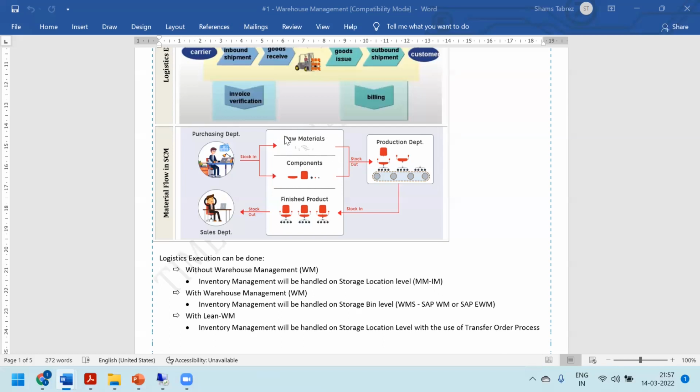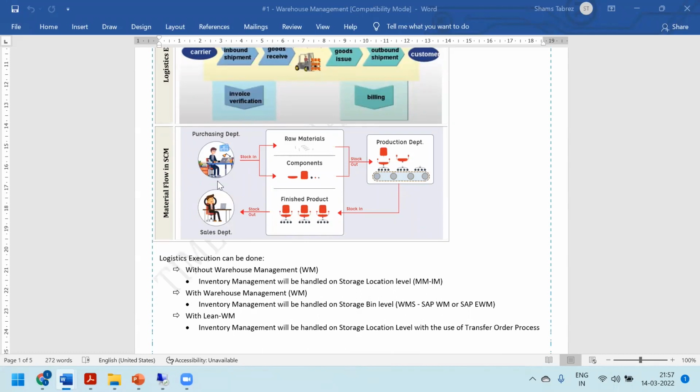Okay, and as soon as those components are stored here after receiving from the supplier, the production department, as per production planning and schedule, takes these components and makes chairs. And after making chairs, again they store them in our warehouse. So the sales department will deliver this finished product to the customer. So you see, this is how the business processes work in any company, right?